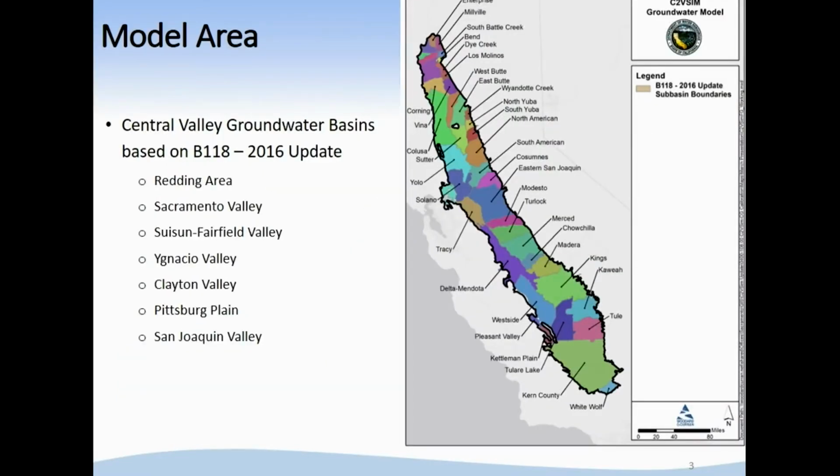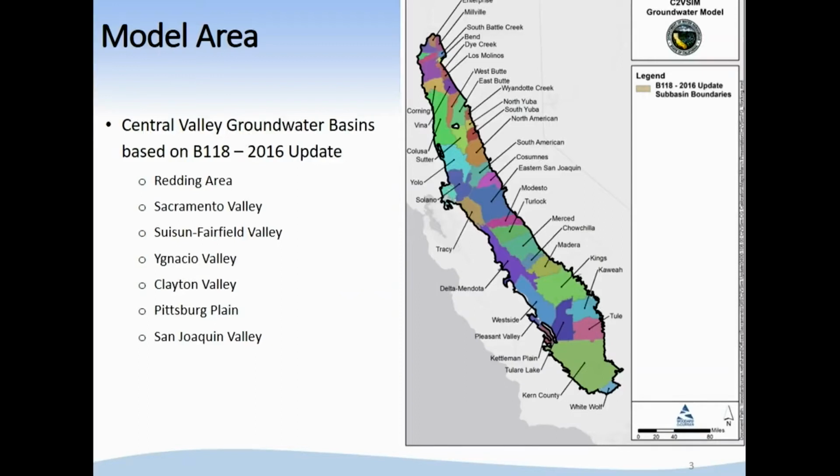The model covers the whole Central Valley. It covers the Bulletin 118 groundwater basins, the majority of which are the Sacramento Valley groundwater basin and the San Joaquin Valley groundwater basin, and a few of the Bay Delta groundwater basins such as Suisun, Fairfield, Ignacia Valley,